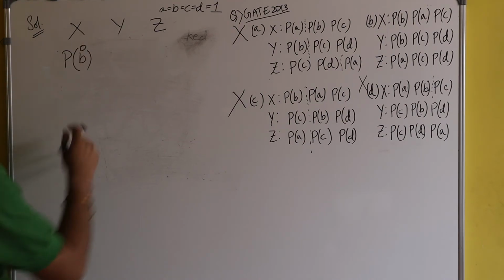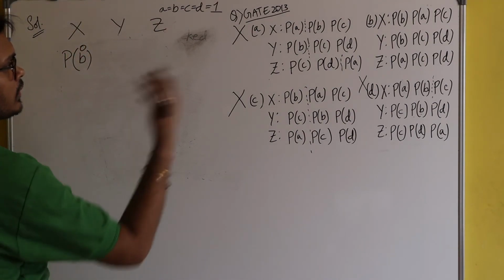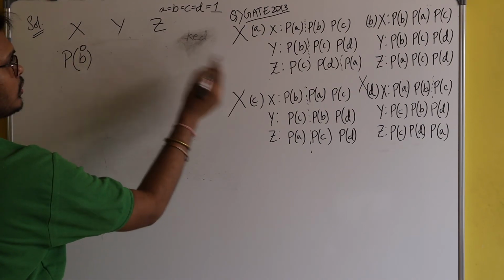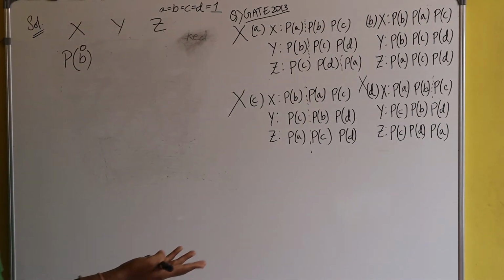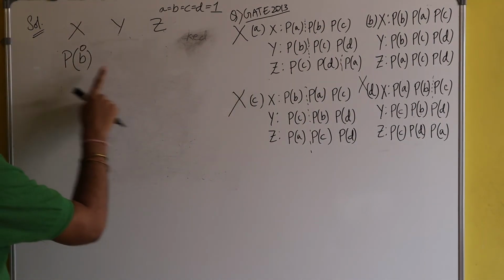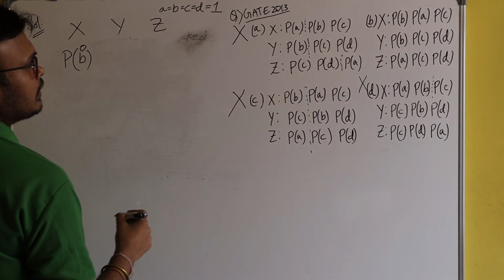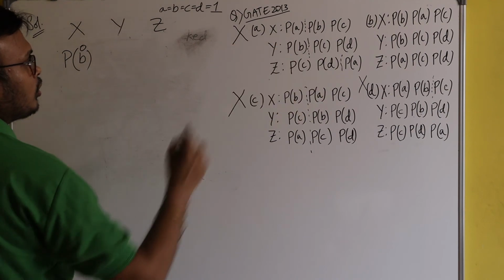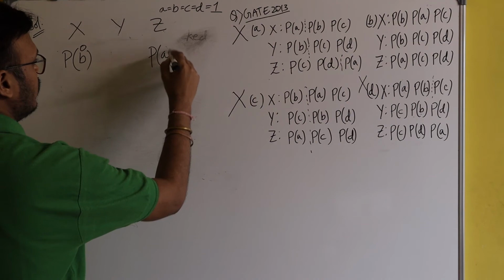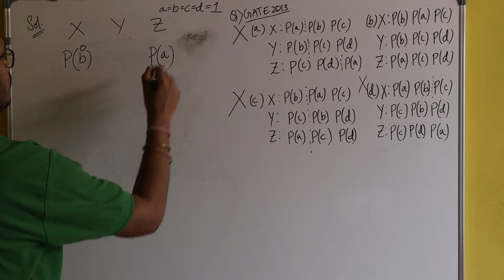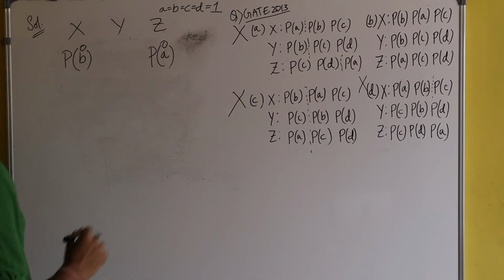Now the CPU is given to process Z, because if the CPU is given to process Y, then process Y will be blocked, since the value of B is 0 and process Y will execute P of B. So the CPU is given to process Z. Process Z applies P of A. Now the value of A is 1, so it will successfully apply P of A, and now it has become 0.